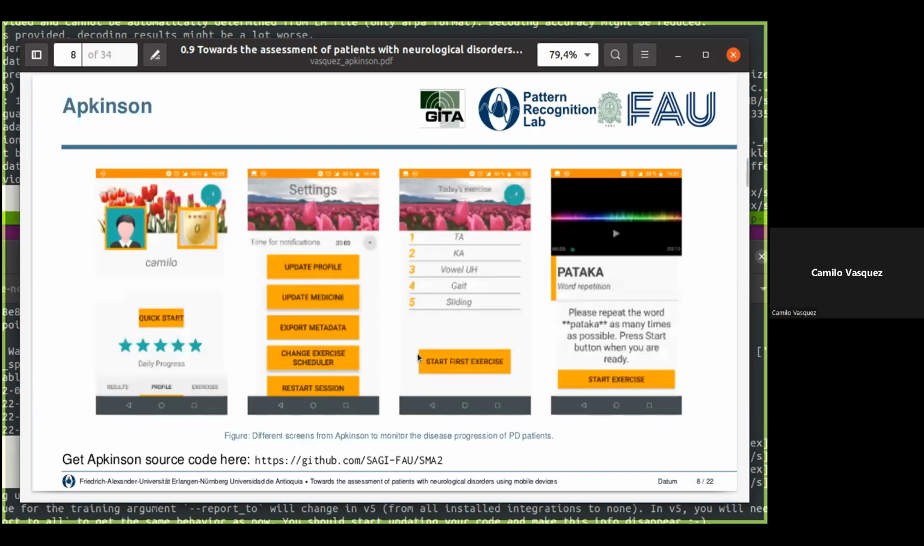Now, Apkinson. Apkinson is an open source Android application. The source code is available for the research community and in general for everyone, who can take a look. The main aim of the app was to continuously track the progress of Parkinson's disease patients using speech and movements. We have like a profile